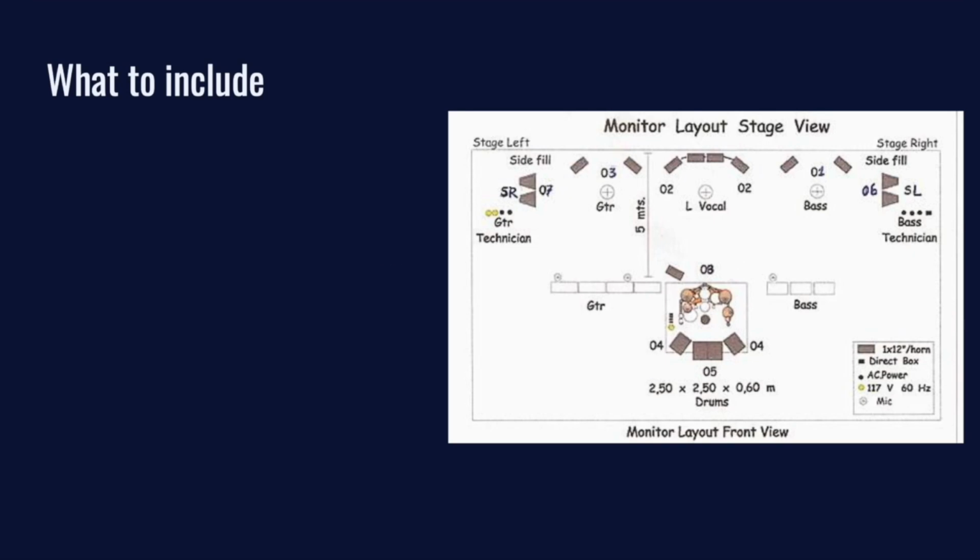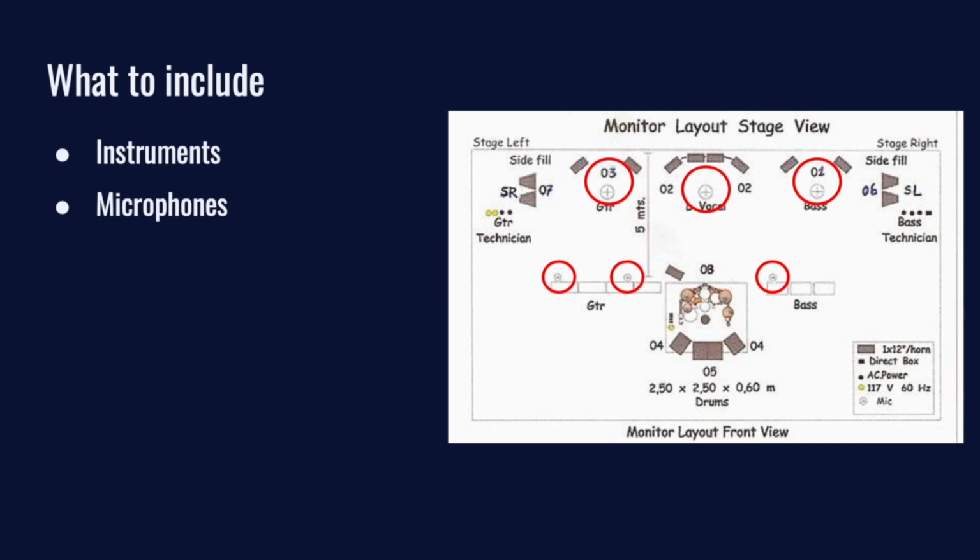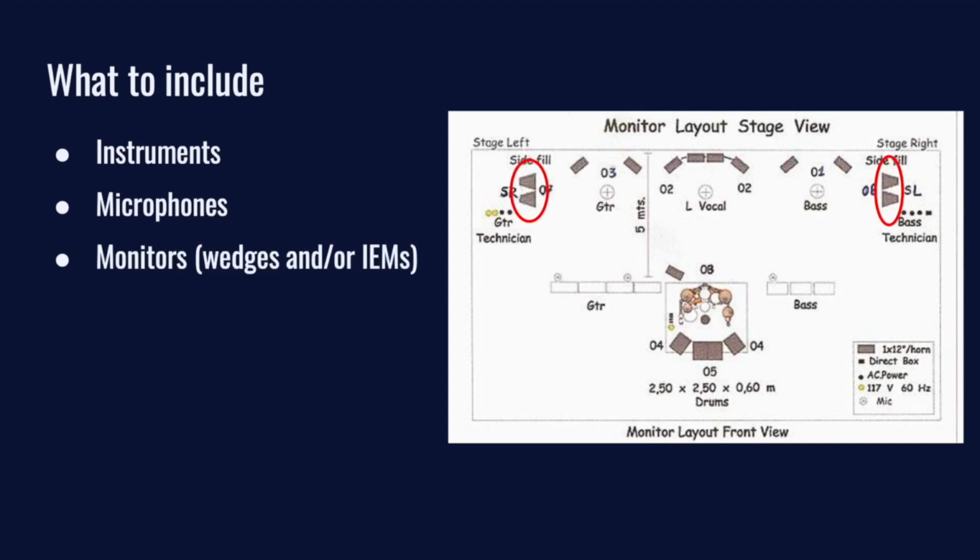Let's take a look again at Sepultura's stage plot. A good stage plot should include instruments, mic placements, monitors which send the sound back to the performers. This could be a wedge-shaped speaker on the ground, or it could also be in-ear monitors, abbreviated as IEMs. You also need to include amps,